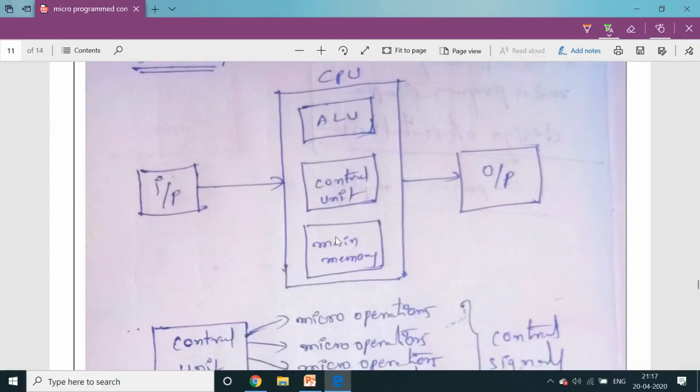Or suppose you want to read information or data from any memory location, before reading, the control unit will generate the read signal. Suppose you want to store some new information into a memory location, before storing, the control unit will generate the write signal. Write means we are going to store some data into the particular location.